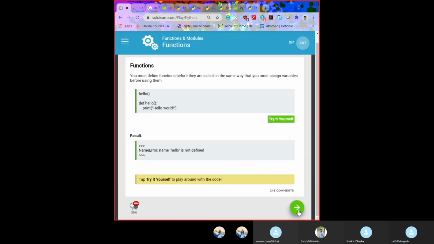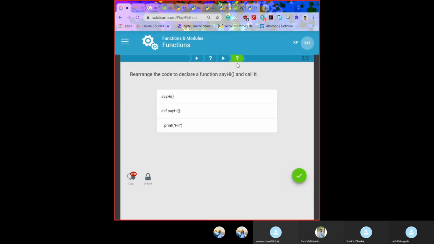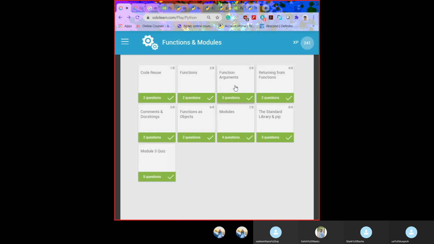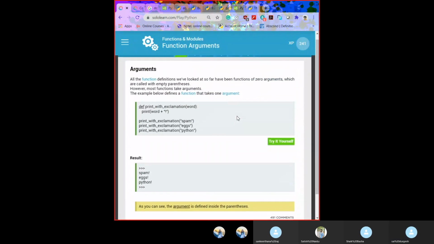Next slide. Functions and arguments. Once everyone sees this: until now we have only discussed the function, we haven't discussed anything about arguments.